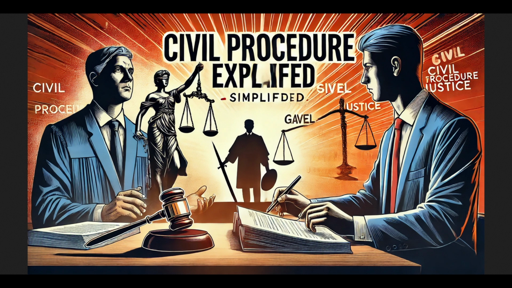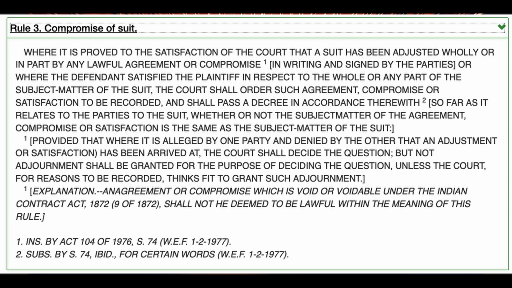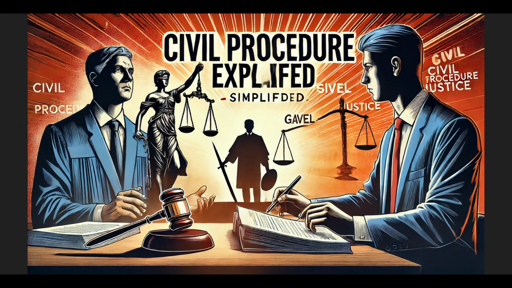So the court gives its stamp of approval, makes it official, but what if someone tries to back out later? Can they change their mind and demand a trial after all? Not so easy. Order 23, Rule 3 is clear on that. Once that decree is passed based on a compromise, it's pretty much final. So it's about upholding agreements, making sure people stick to their word. Exactly, encouraging accountability. But of course, if there's a genuine issue with the compromise, like if someone feels they were